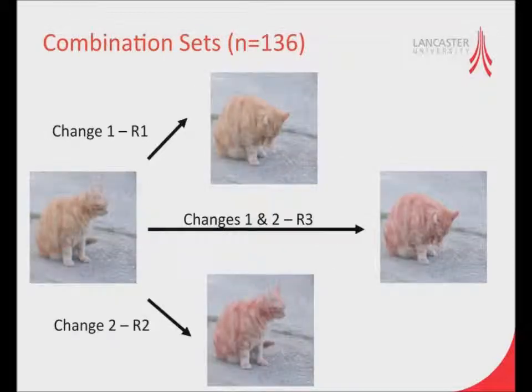Okay? I mentioned combination sets when I was first describing this experiment, and here's an example of a combination set. So in the first pair, you have a change along one dimension, so there's a change in shape. And then you have a second pair where you have a change in a second dimension, change in color, okay? And then you have a third pair where you have a change in shape and color. And observers would give this a third rating, okay? And the question is, if you have the observers' ratings for R1, and you know what they rated the pair for R2, can you predict what would R3 be, okay?